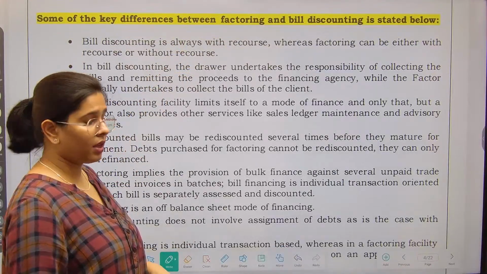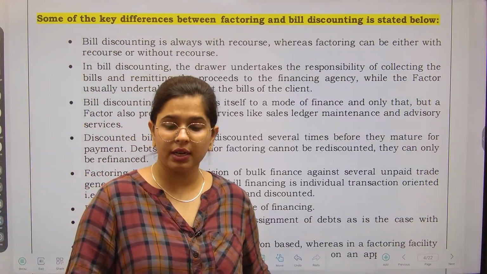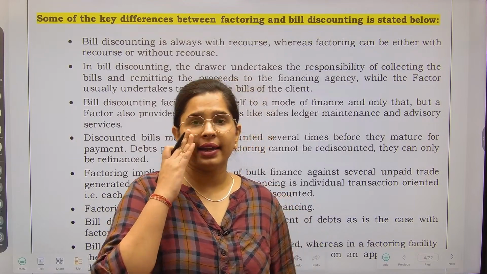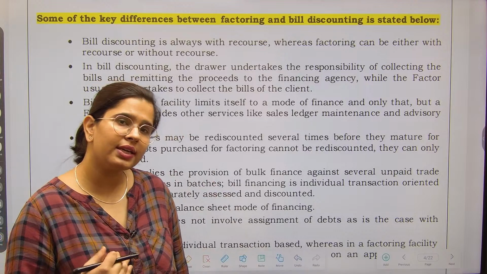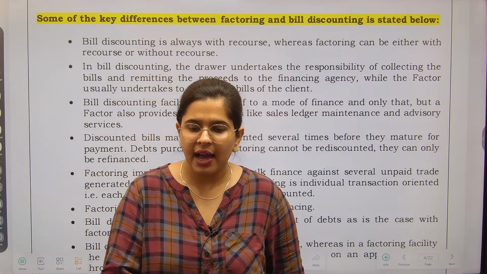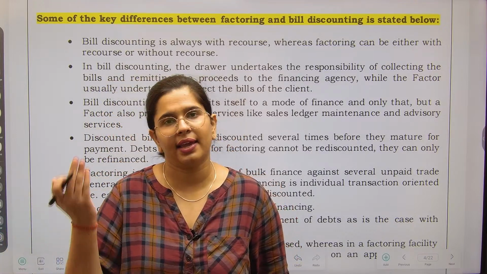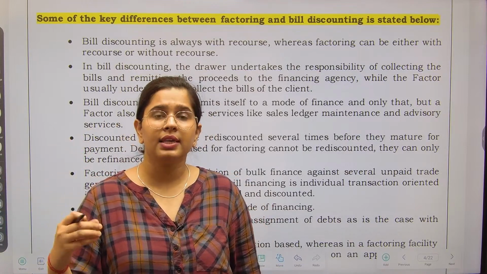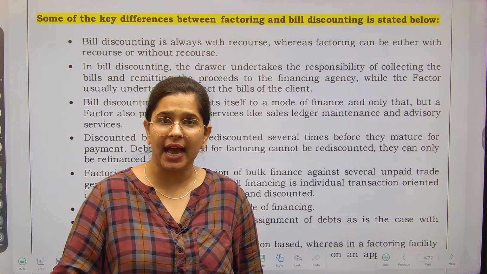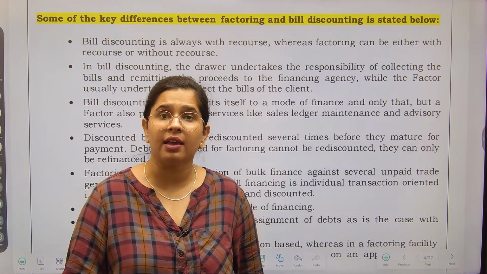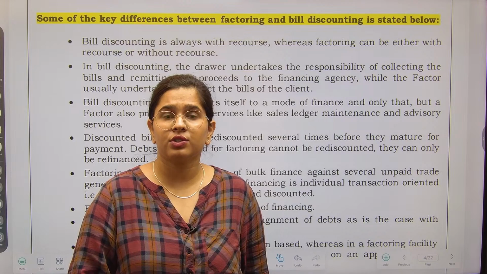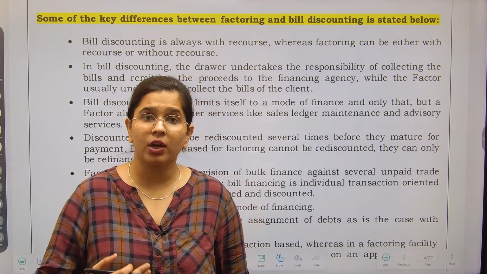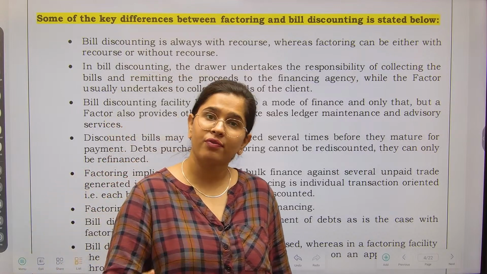Now if you see the crux, what is the crux of all this? At the end of the day, what we are doing is just financing, right? हम क्या कर रहे हैं? Finance ही तो दे रहे हैं. If you talk about factoring, a person who has sold his goods wants instant cash. उसको पैसा चाहिए. What is the bank or a factor doing? Providing him with the money. So this is why it is called an alternate source of finance.